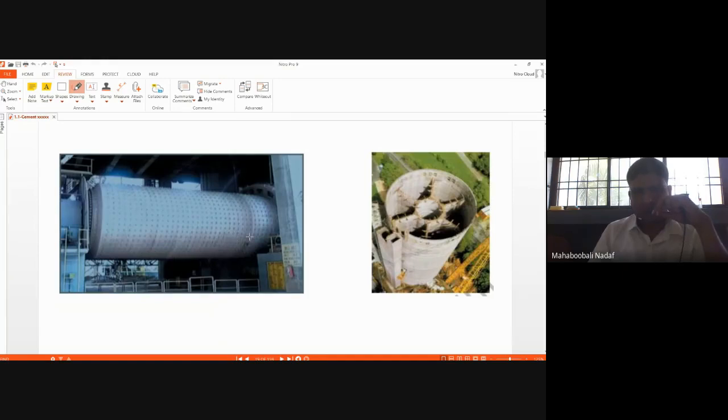This is a longitudinal view of a kiln. What is that kiln? The kiln is the heart of the cement industry, the cement manufacturing plant. These are silos, for storing the various cement raw materials, clinkers, or finally cement itself. This is used for storage purposes. Here, feeding is done on one side, and clinker is obtained on the other side. So this process we have completed.